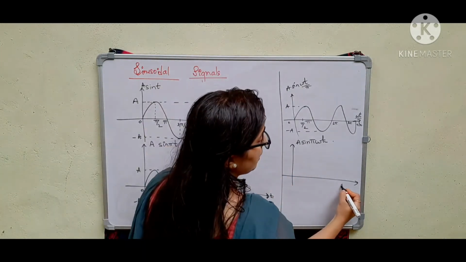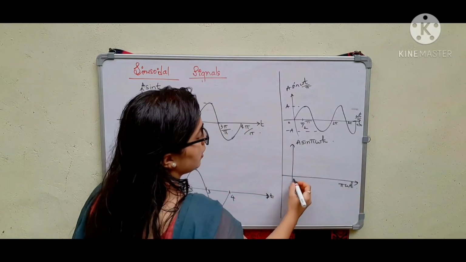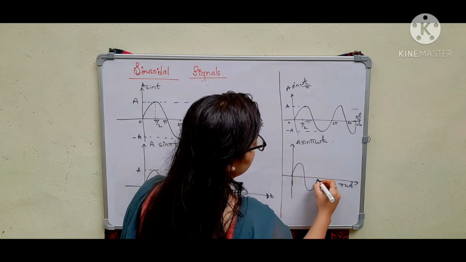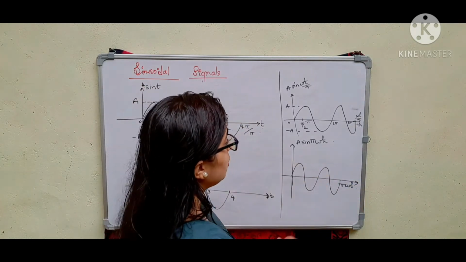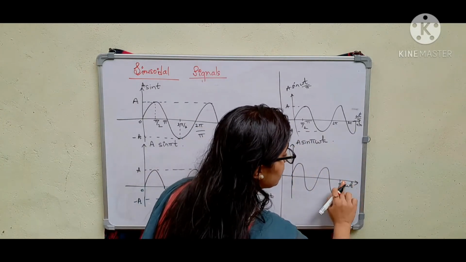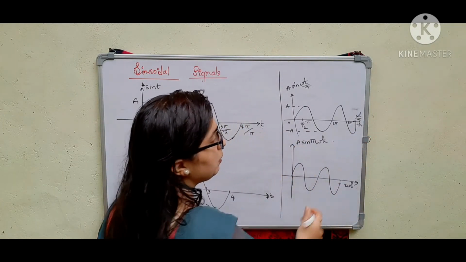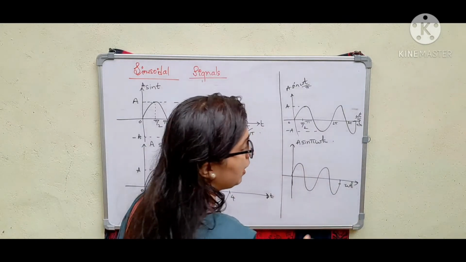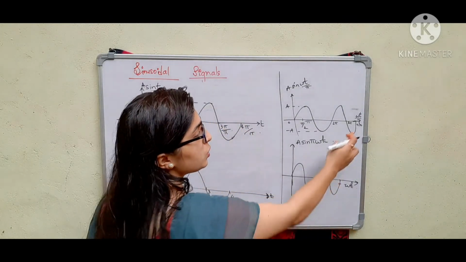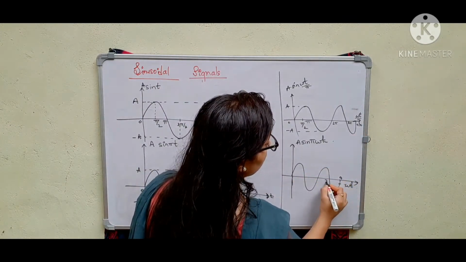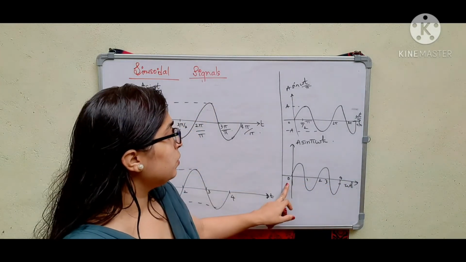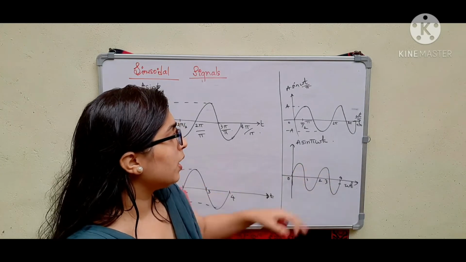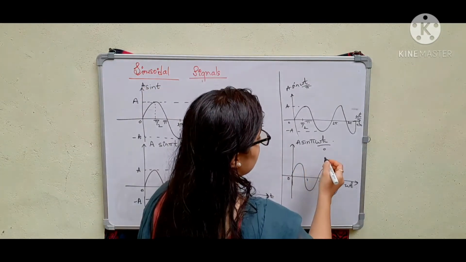If it is with respect to pi omega t axis, then we will have the same signal. But if I want it with respect to omega t, I will divide it by pi. Pi omega t divided by pi will give you omega t. So divided by pi, it will be 4, 3, 2, 1, 0. Now you substitute 0 in the place of omega t, so it will be 0.